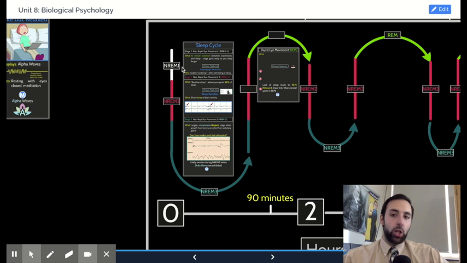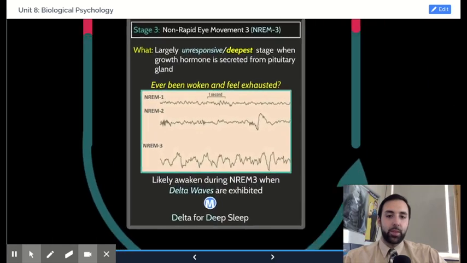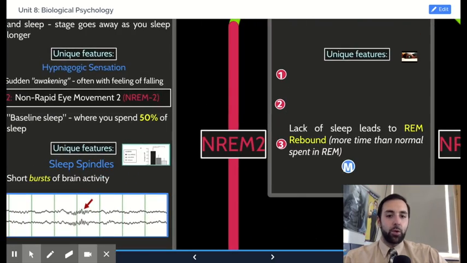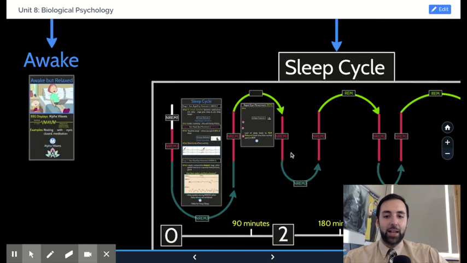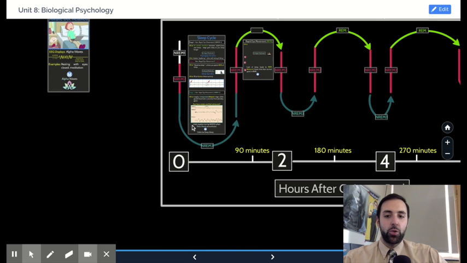Each sleep cycle is 90 minutes long. As we'll see in just a moment, I'll show you this mnemonic and talk a little bit more about all of this, but you actually transition from NREM 1 to 2 to 3, and before you end your first cycle, you actually go back to NREM 2 a second time, which means NREM 3 is going to happen